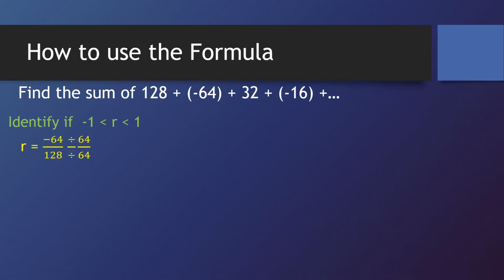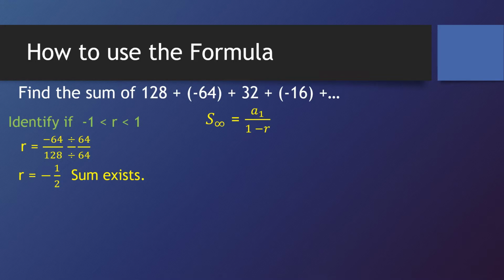So the r is equal to -64 over 128 by dividing any consecutive terms. Since we can simplify this by dividing both by the GCF, which is 64, we will have r equal to -1/2. So the -1/2 is between -1 and 1, therefore the sum of this infinite geometric series exists. Since the sum exists, we can now use our formula s sub infinity is equal to a sub 1